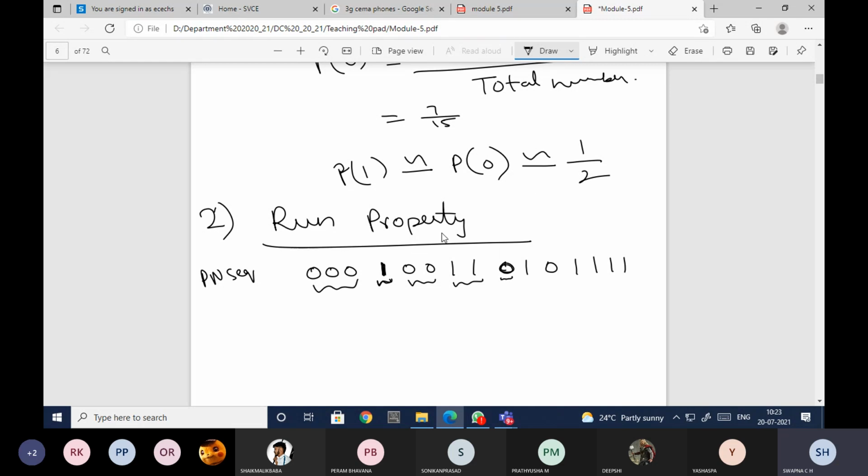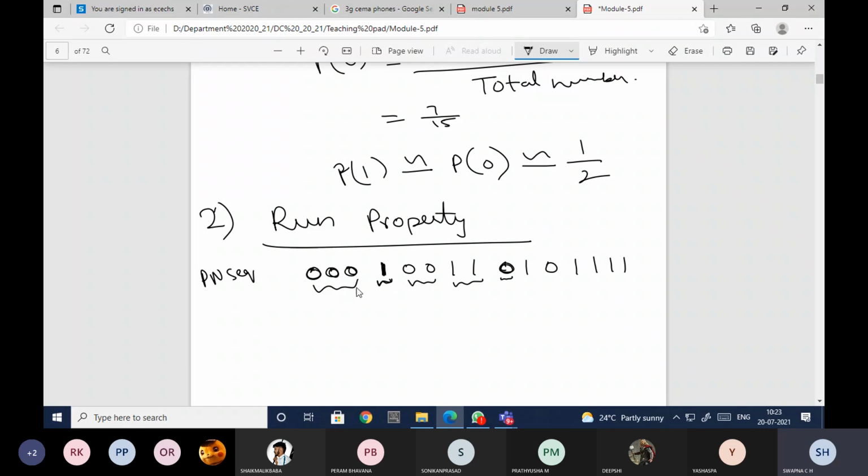See, what I need to check here is whether I have continuous zeros or continuous ones. If I have continuous ones or continuous zeros, then that will be considered as one run. So if you observe here, I have continuously 3 zeros, so this is one run.